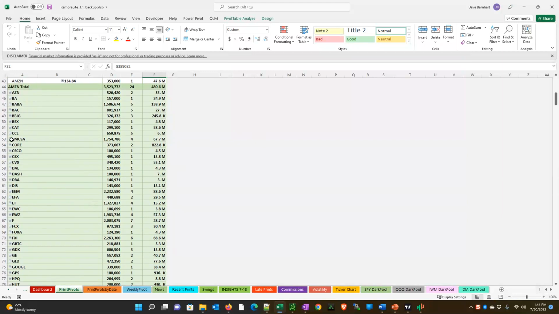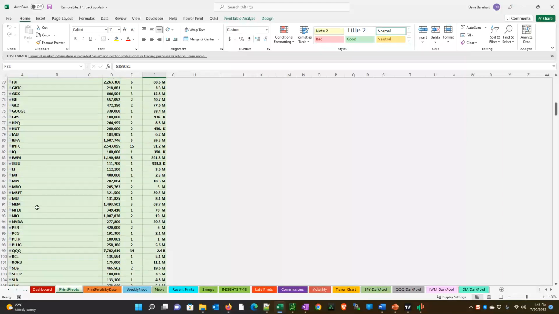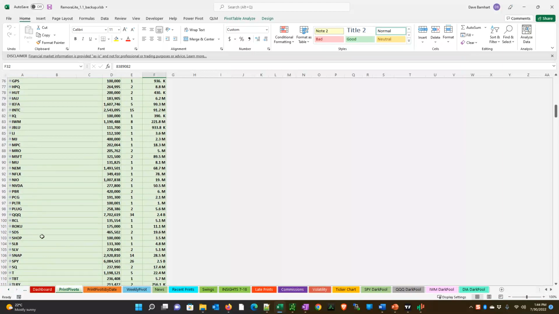Comcast, we know, pooped the bed on earnings, but they had this. So with it all collapsed, it doesn't matter, right? You can just look and see if there's something that you like, and then you can expand it. Intel didn't do well on earnings, 7 million on the Qs and 6 million on the SPY. So when we look at these,